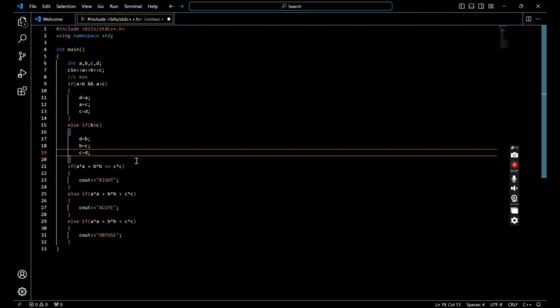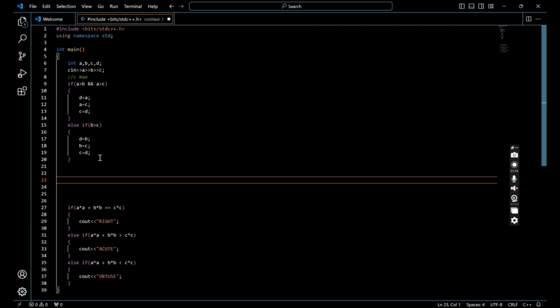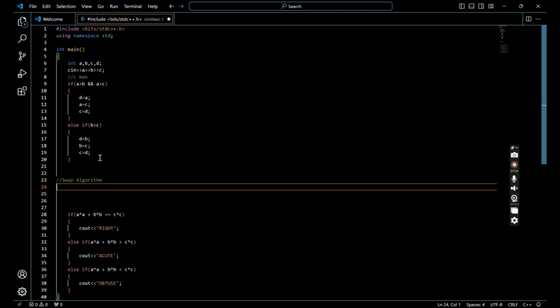So if A squared plus B squared equals C squared, and something like that. Before I tell you something, I'm going to tell you about the swap algorithm. And this is just making numbers big. So, if A is bigger than B and bigger than C, and we want to make, for example, A go to B and B go to C, and C go to A, then we say a new variable